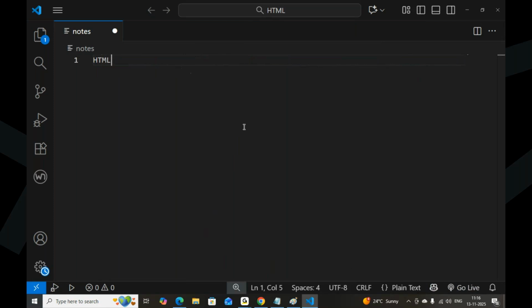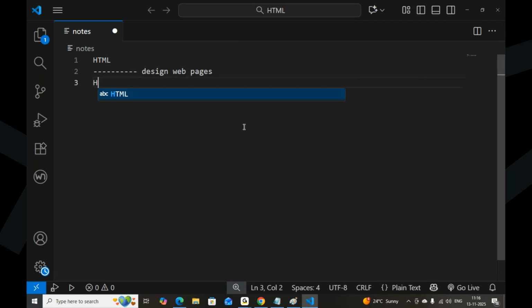HTML is used for designing web pages. HTML is hypertext markup language.